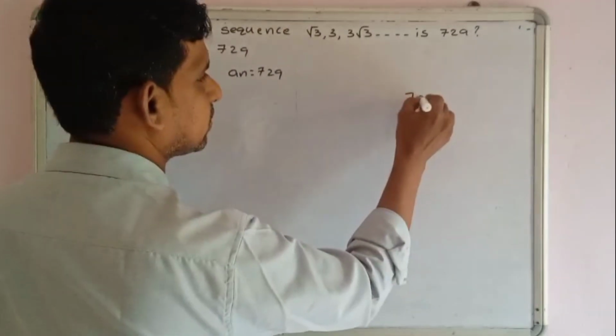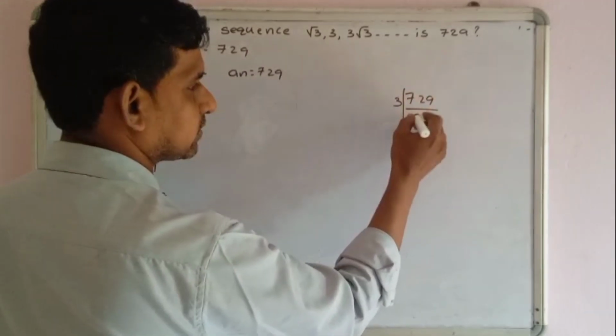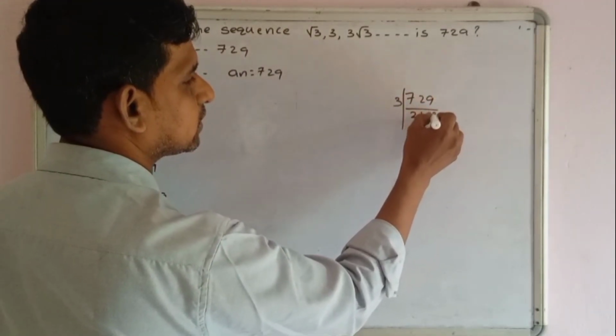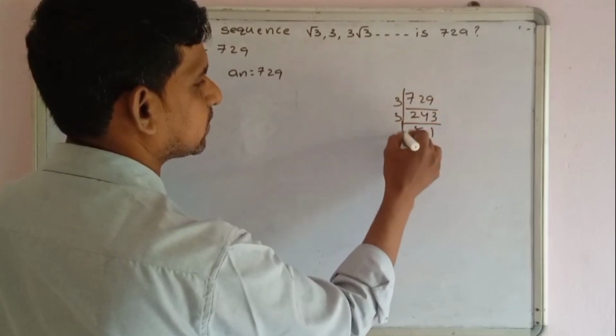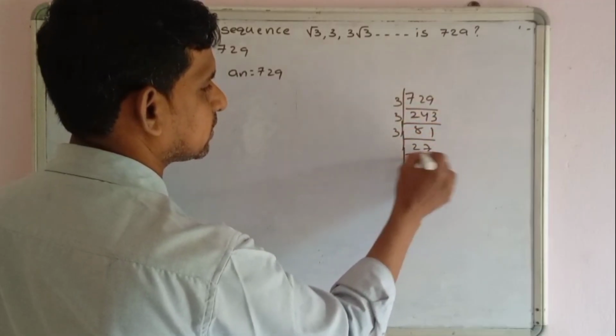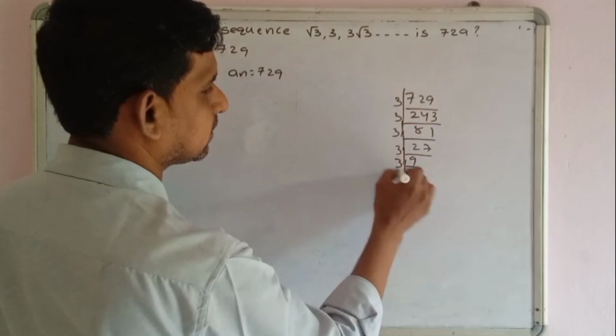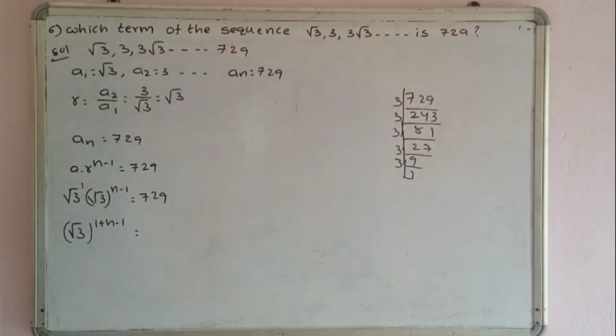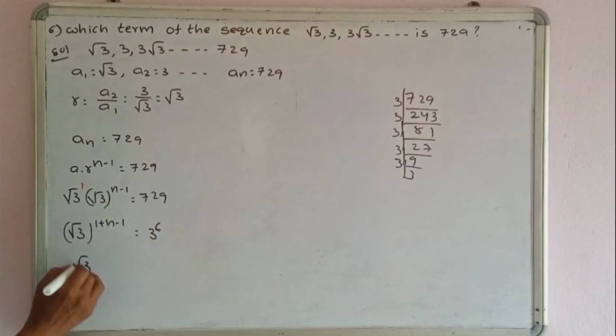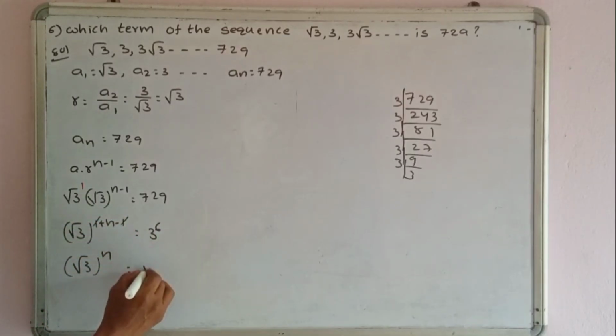729. How to write 729? In fact, 3 twos are 6, 3 fours are 3 threes are 9, 3 eights are 27, 27 times 3 is 81, 9 times, 3 times. So 729 is 3 power 6. So root 3 power, here 1 minus 1 cancel, n equals, again 3 can be written as root 3